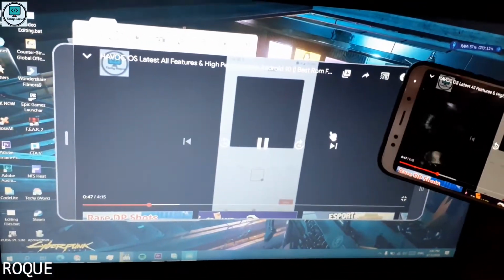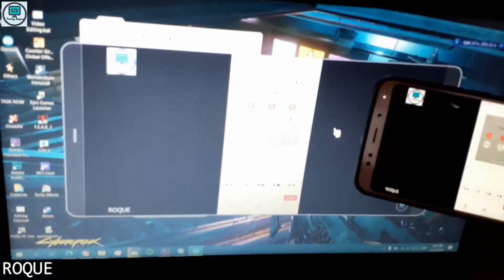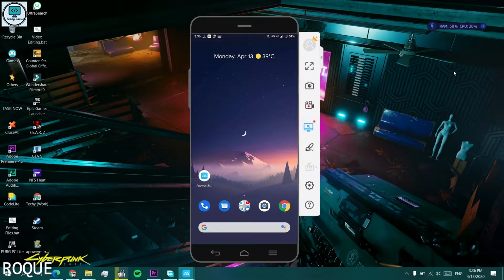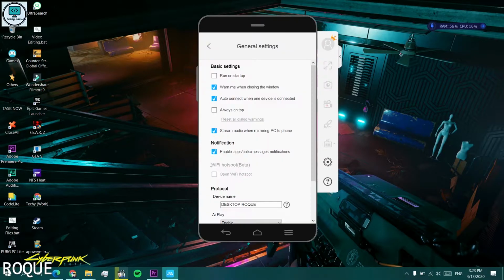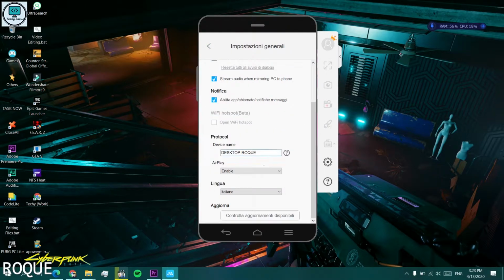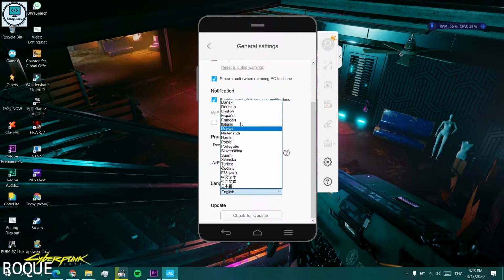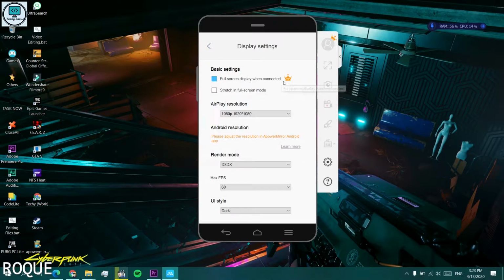The internal sound depends on your device, like whether your phone supports internal sound or not. But sound transfer can be done with the cast option. In any Android, you can see in the notification panel there is a cast option. So don't open the app, just click on cast, connect to the same Wi-Fi and just cast to A Power Mirror. Just select it, then your audio will be transferred to your device if you want.